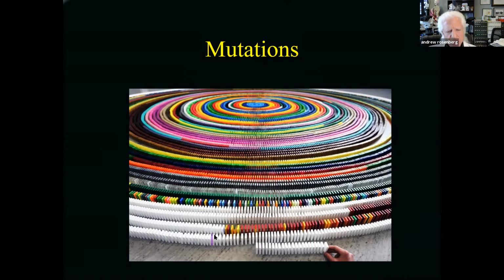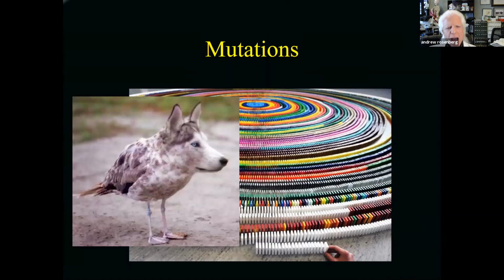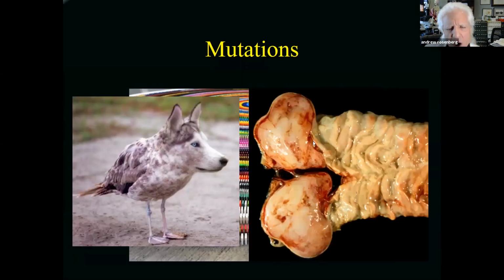One single mutation, one single abnormal domino can result in a dramatic change in those proteins. So in this imaginary example, resulting in a type of organism that doesn't exist, or in the setting of our body, a mutation occurring in a normal cell results in the development of a cancer within the gastrointestinal tract known